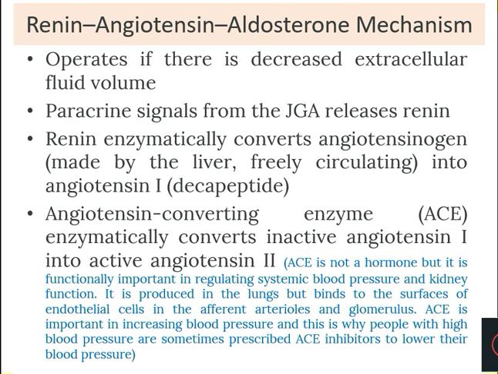Okay, so once more, when there is decreased extracellular volume, the adjacent cells will send signals to the JGA. It will release renin. Renin will be released to blood. In the blood, renin converts angiotensinogen of blood plasma into angiotensin 1. Now, this angiotensin 1 will be converted to angiotensin 2 by the enzyme in blood which is called angiotensin converting enzyme or ACE. So it is like a reaction cascade.